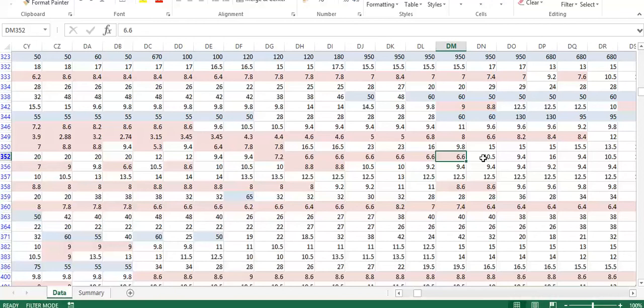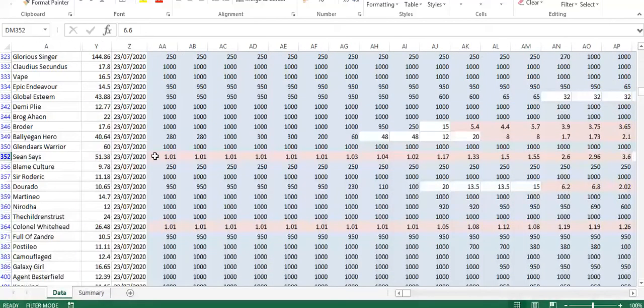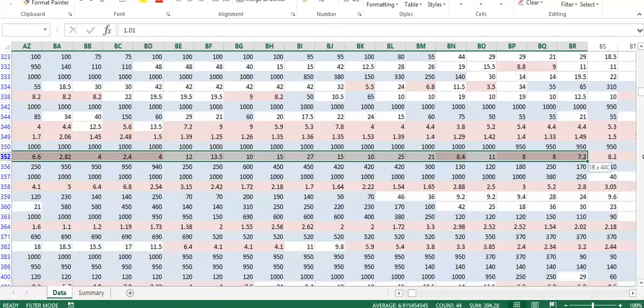That was the first point in the race that the horse traded at or below 9, and as you can see, it went from 9.4 to 16 to 9.4 to 10.5, and then dropped down to 6.6. So it actually traded at 6.6, and that would be the point that our lay bet was matched. And then if we go back and look at 71,